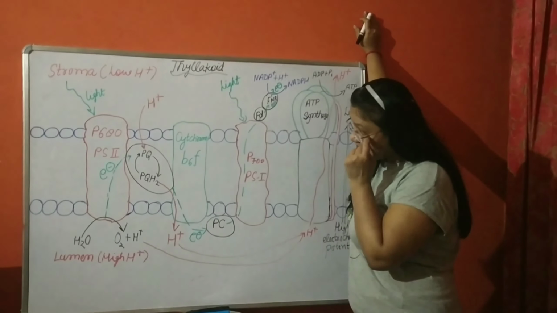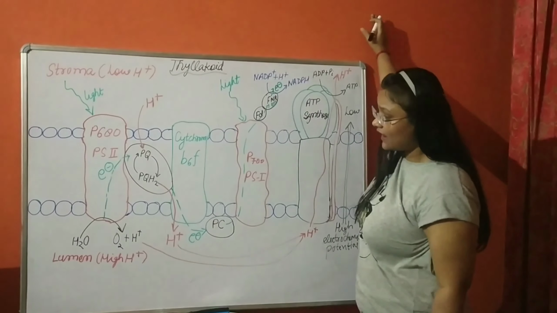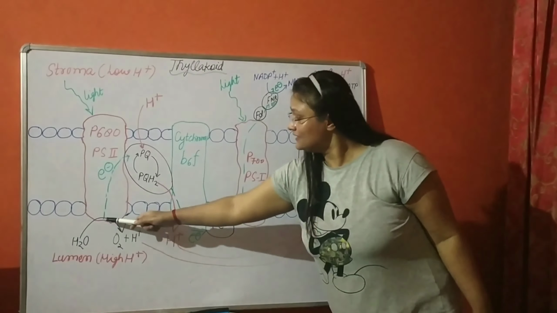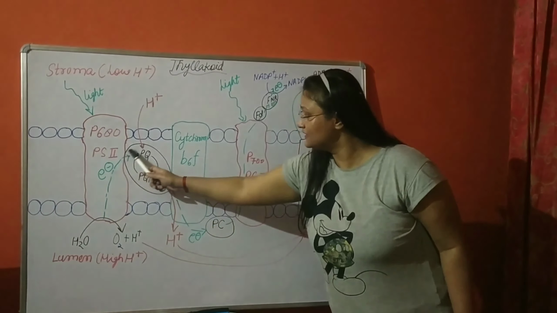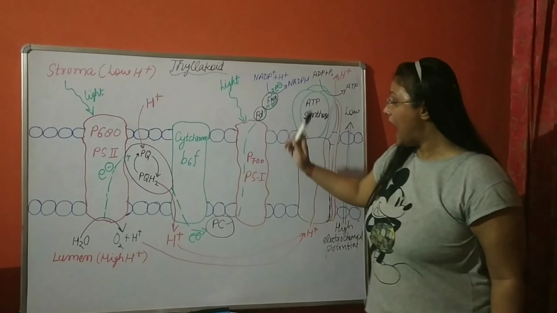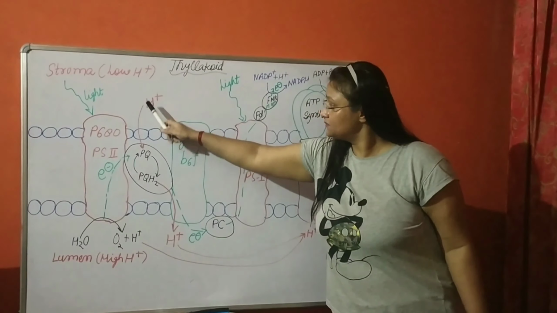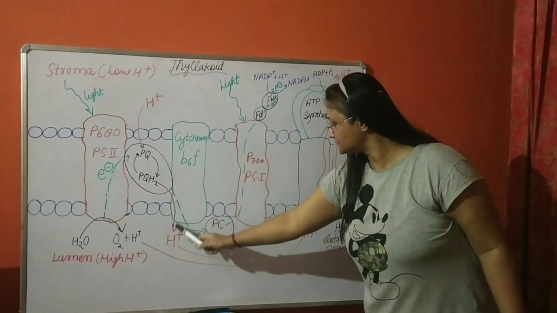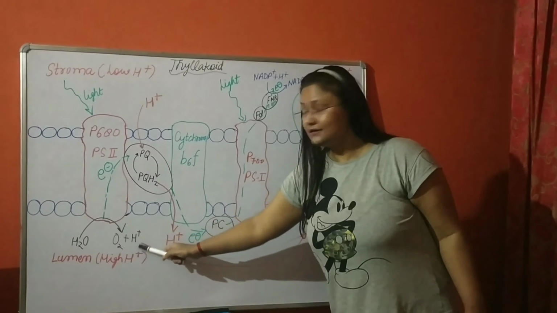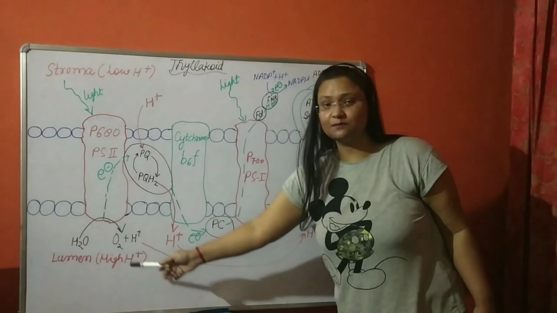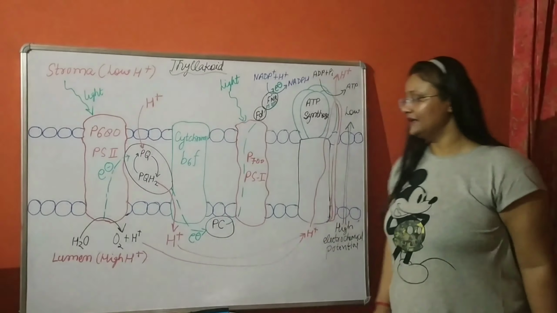Now, we know that here water splitting occurs by the oxygen evolution complex. After splitting of water, the movement and path of electrons is represented by these dashed green colored lines, and the movement of protons, H plus, is indicated by these solid red lines. Here H plus I am showing in black color because it has come from the water splitting, and the H plus which has come from the stroma by pumping I am showing in red color.